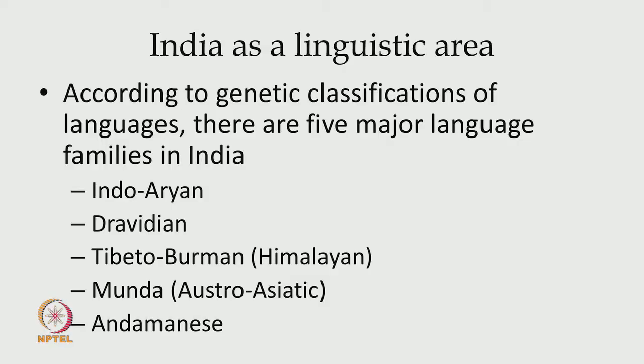Munda, which is called Austro-Asiatic family of languages, languages like Santhali, Ho, Urao, and several other languages spoken in Jharkhand, Chhattisgarh, southeast of West Bengal, Orissa, and Madhya Pradesh are part of Munda family of languages. And a huge bunch of languages spoken in the Andaman and Nicobar Islands are grouped together as Andamanese languages. That's the genetic spread, that's the spread of languages according to its genetic classifications.